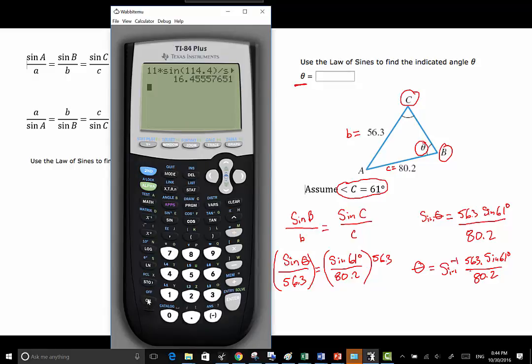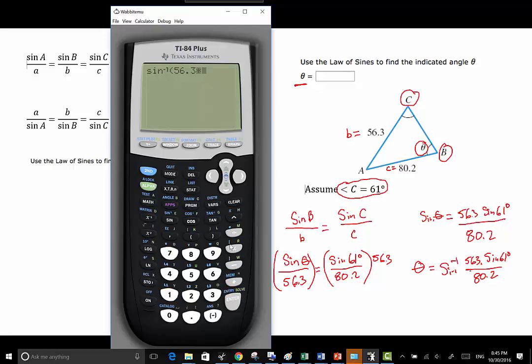The first thing we need to do is check and make sure that our calculator is in degree mode. So we'll turn it on, and then we'll click mode, and then make sure that it is in degrees, and it is. So we'll hit second quit, and we'll hit second sine, so we get the inverse sine, or the arcsine function. And now we're going to put that whole ratio in there,